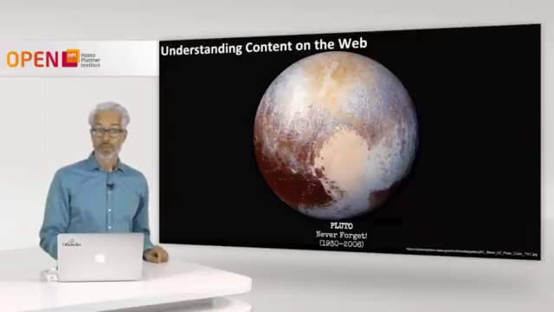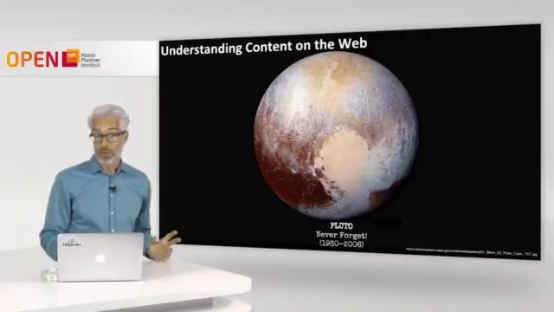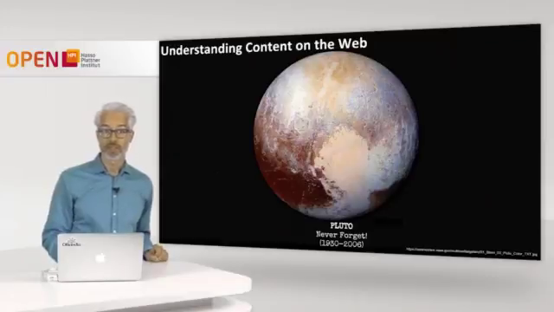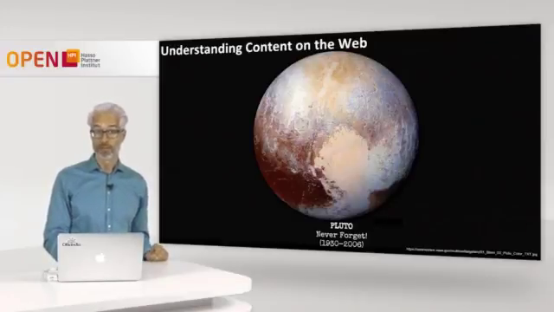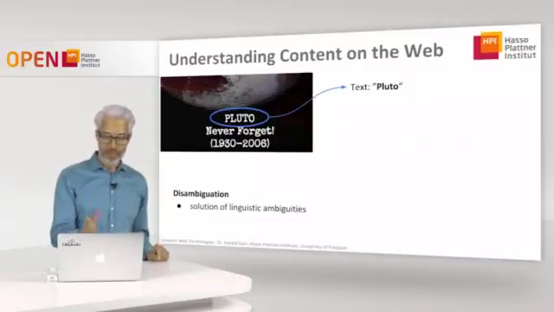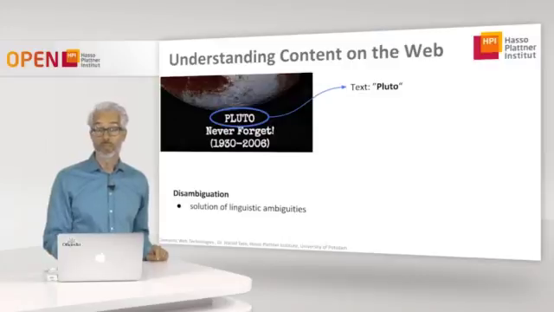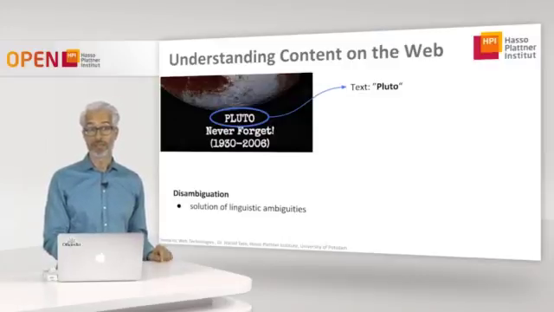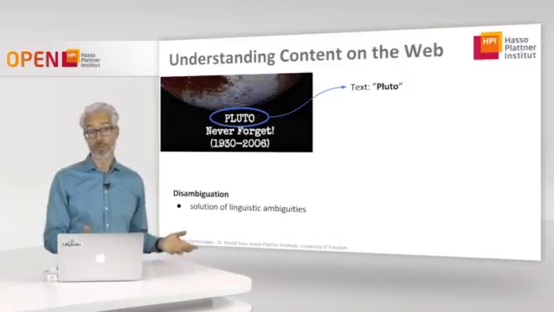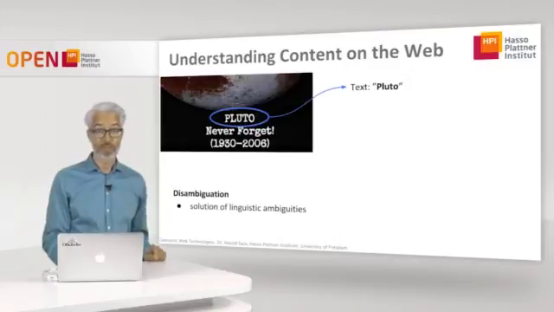Okay, let's get back to an example. How should this work? To understand content on the web, what is necessary? And how could we interpret, for example, this picture? Again, you have this message in the picture which says, Pluto never forget, 1930 to 2006. First, you have to interpret somehow the text you see here. The problem is that the text Pluto might be ambiguous simply because it's natural language text. So what does it mean?